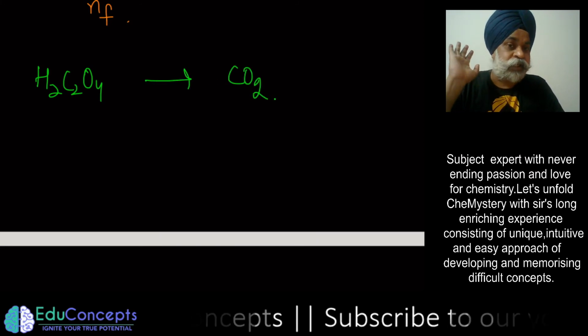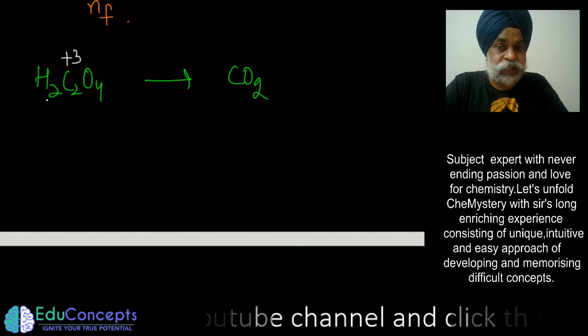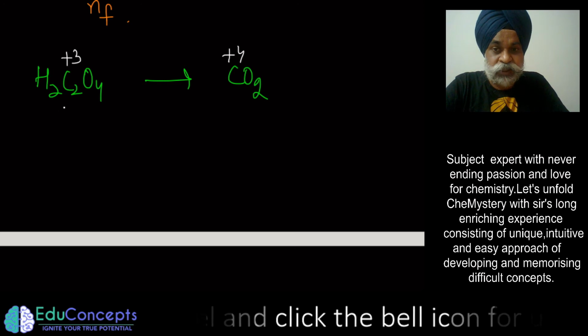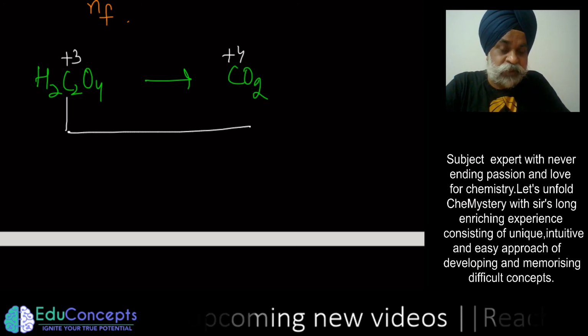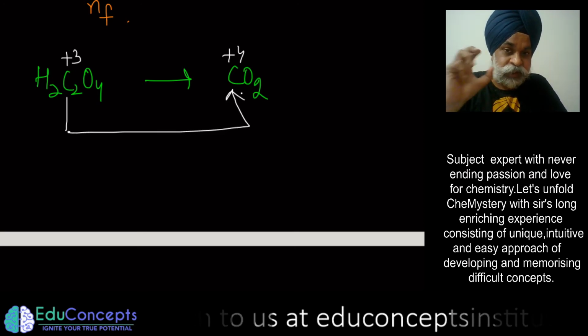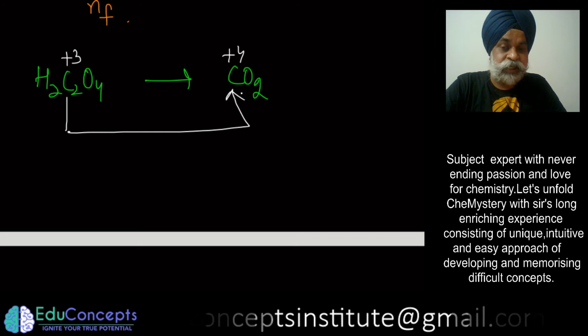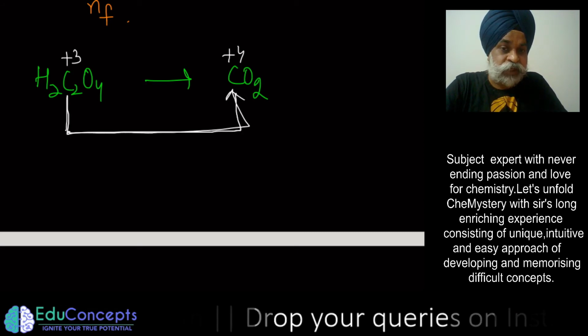Paper में सिर्फ इतना दिया होगा. So you have to see first that the oxidation state of carbon is plus 3, this is plus 4. So this is one atom of carbon which is converting to carbon 4 positive. So during this half reaction, what you are able to see is that one element is undergoing change in oxidation state and goes to one product.